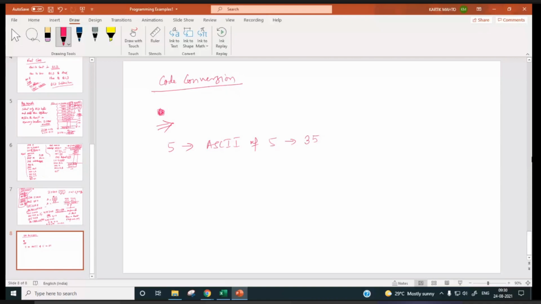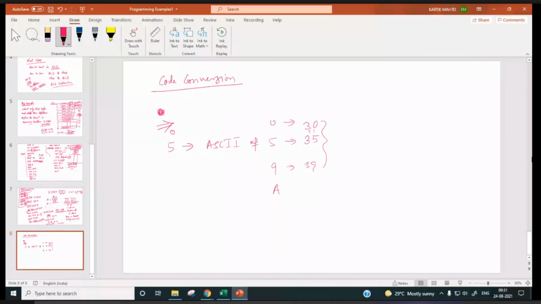ASCII of 0 is 30. ASCII of 1 is 31. So similarly, ASCII of 9 is 39, right? So similarly, then we have 0 to 9 over here.